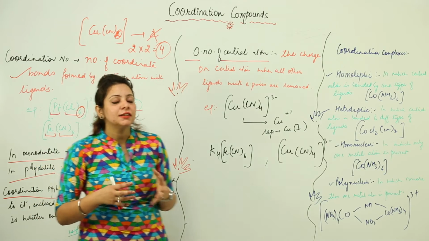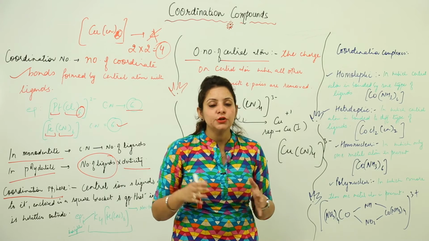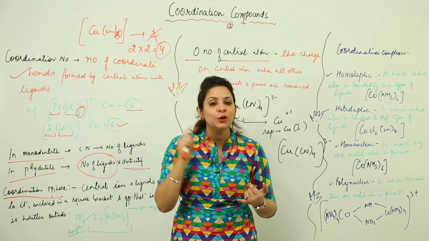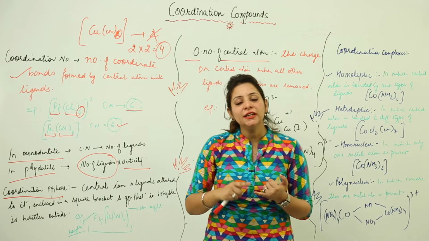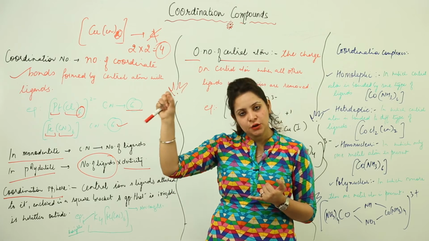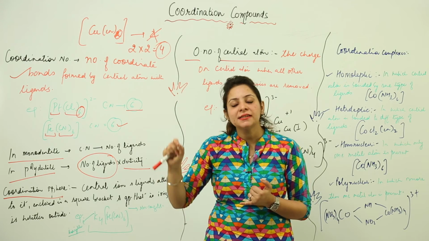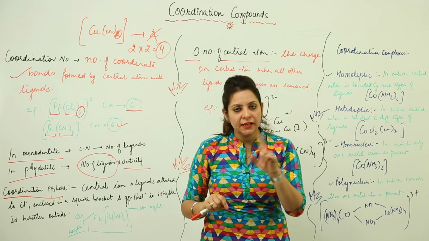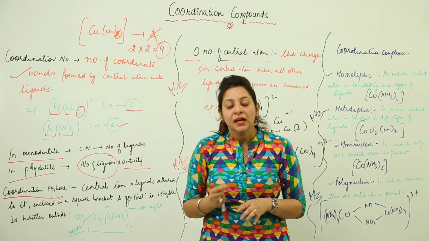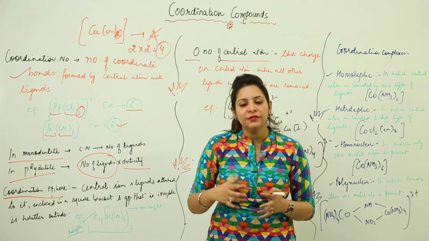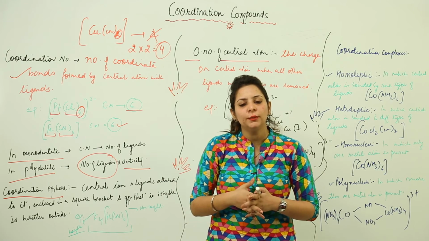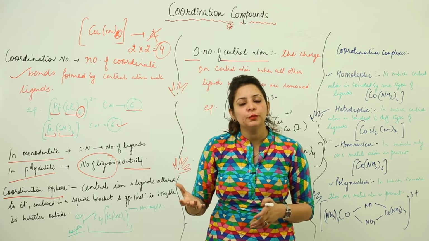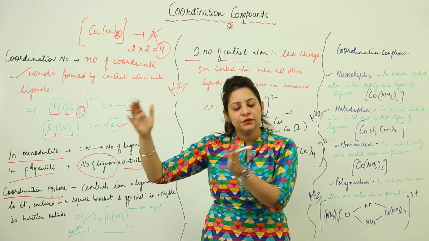Before finding it, there are certain rules which you need to use, as you used in chemical bonding and redox reactions: the charge on the anion is considered to be the same as the oxidation number present on it, the charge on the cation is likewise the oxidation number present on it, and for a neutral molecule the oxidation number is taken as 0. You need to keep this in mind, and whenever you are calculating the oxidation number, if the whole thing is a neutral molecule, you need to equate it with 0, and if there is any charge like 3 negative, 2 negative, 4 positive, you need to equate the sum with that charge.